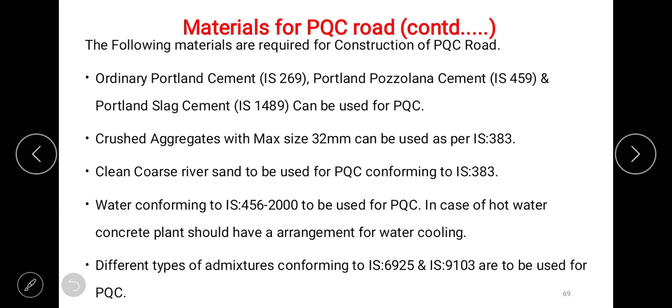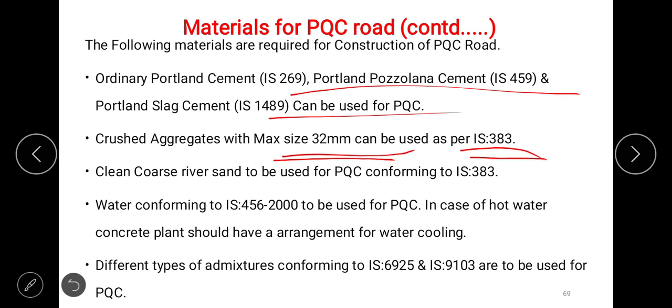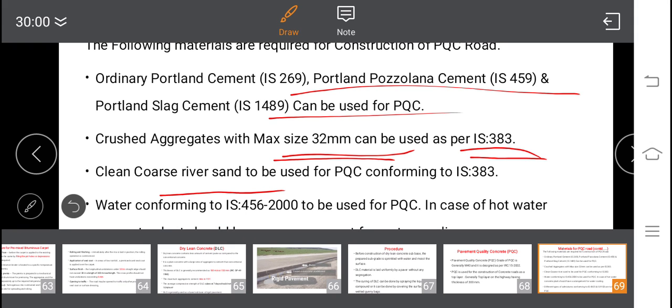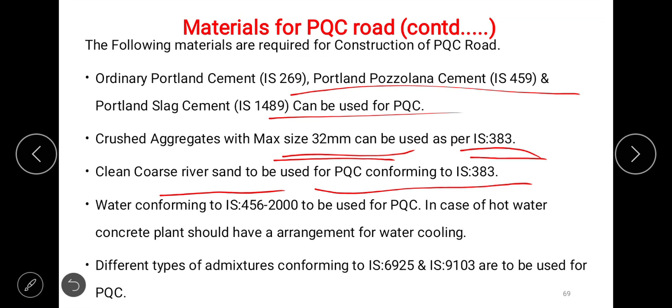Crushed aggregates with maximum size of 32 mm can be used as per IS 383. Is it clear? Clean coarse river sand conforming to IS 383 is to be used for PQC. Water conforming to IS 456/2000 is to be used for PQC, because water should not be contaminated.